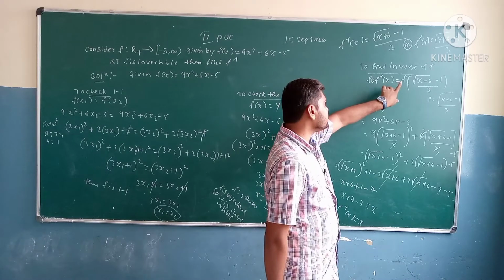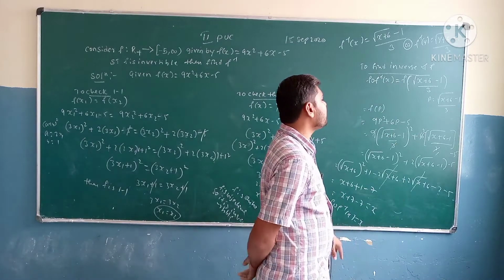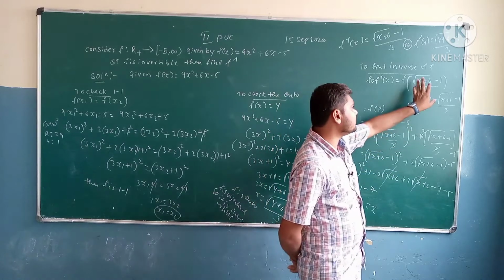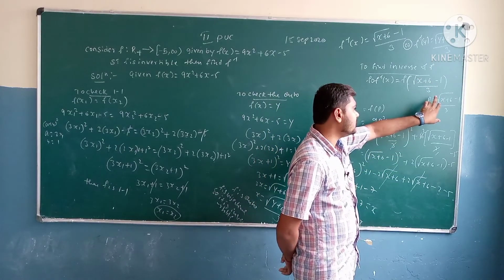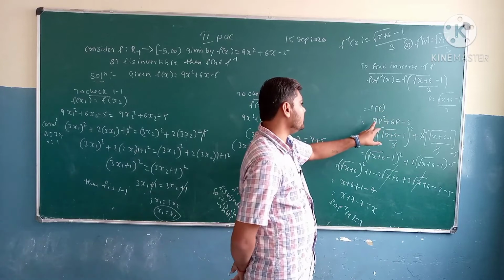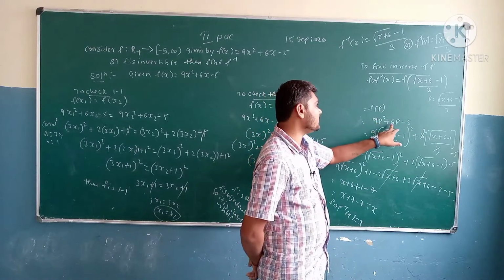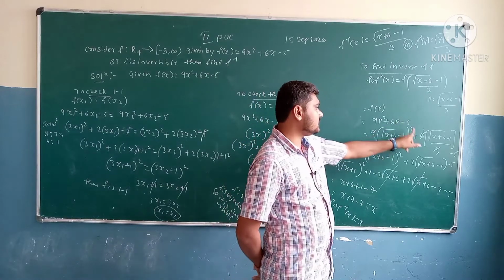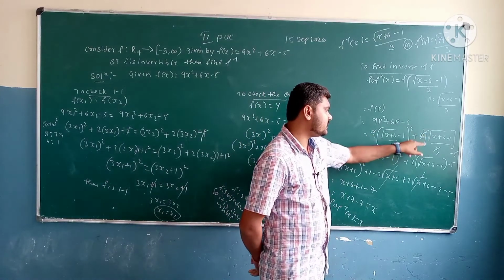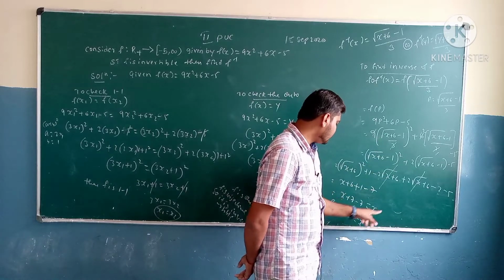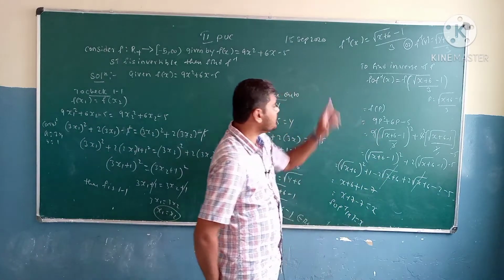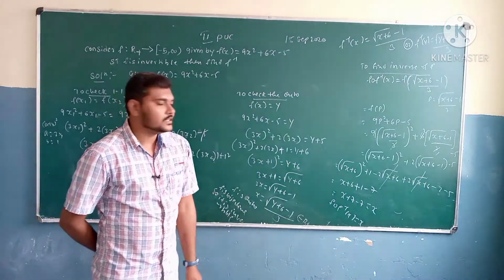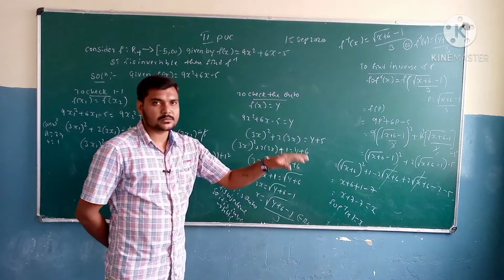So that's going to be f of (root of x plus 6 minus 1) divided by 3. In place of these things I am going to substitute the value p. That's going to be f of p. f of p is nothing but 9p square plus 6p minus 5. So 9 cancels on both sides and 3 cancels for 6. After the calculation I am getting x here. So f of f inverse of x is equal to x, or ix. So here the given function is going to be identical.